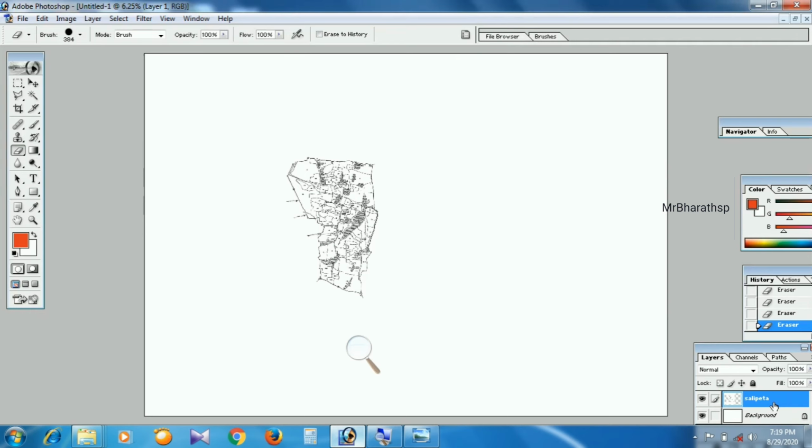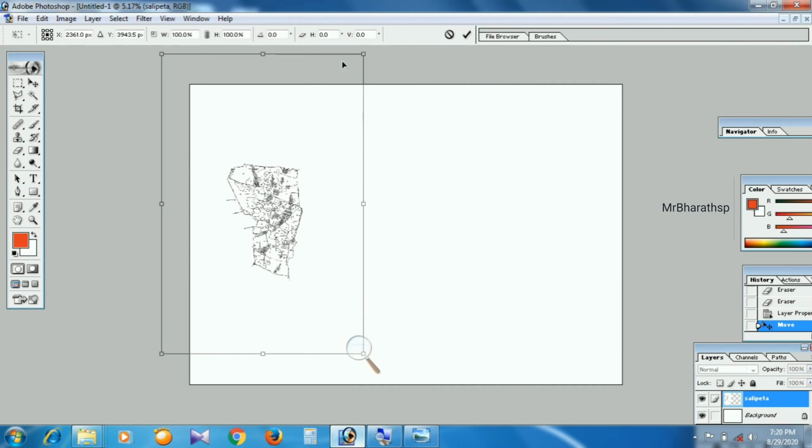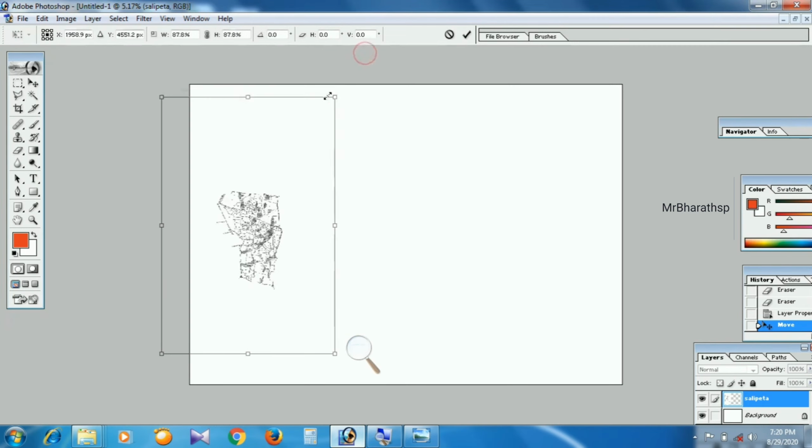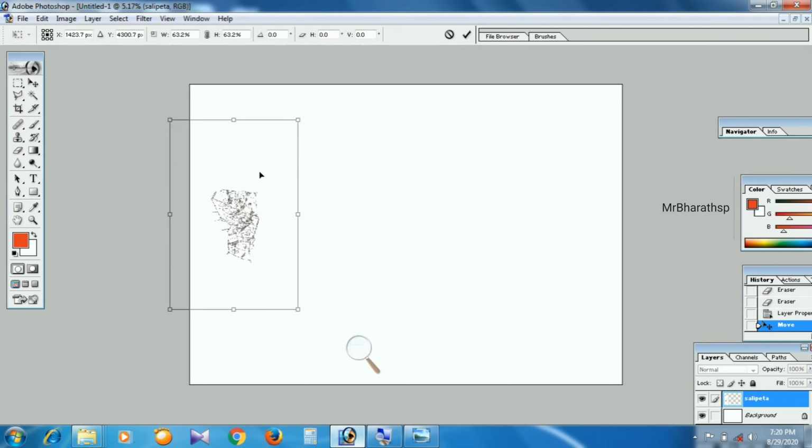If we label like this, it will be helpful at a later stage because there will be a lot of maps in the mandal map. To transform the image, that means to increase or decrease the size, we can use the command Ctrl plus T and press the tick button at the top.